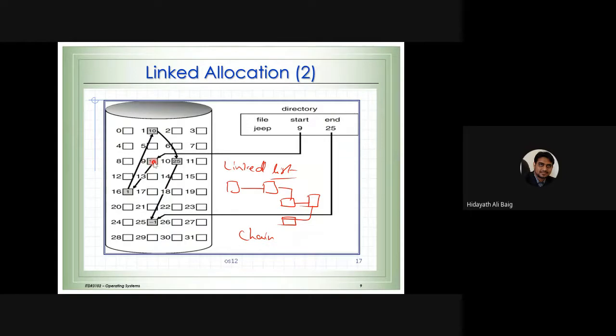It will tell me to go to the next block, that is block number 16. So I go to block number 16. Here it will tell me to go to block number 1. So I can come to block number 1. Here it will tell me to go to block number 10. So directly I cannot go to one particular block. Is that clear now?